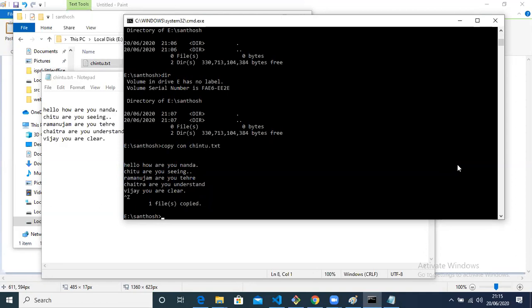The command prompt operating system is very powerful when compared with graphical systems. The only thing is graphical systems are very useful for laypeople, whoever doesn't know anything. They also want to use computers, and for them it is built, not for technical people. Technical people always use command prompt because it is very fast and very powerful. Everything it can do within a minute. Because you are learning technology now, you guys have to understand these things.